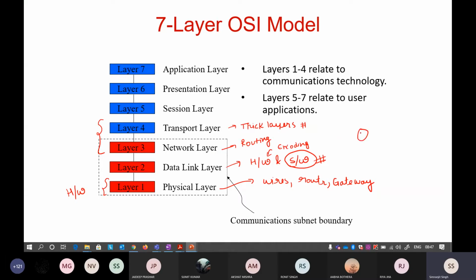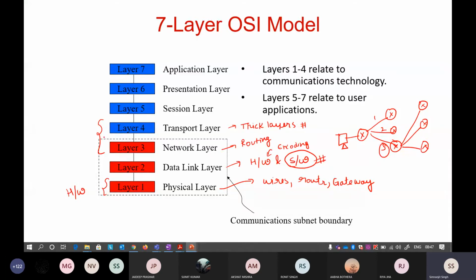Suppose you are standing here, so your computer is connected to this router, and in the path there are many routers. When you are standing at this router, there are one, two, three paths to follow. Which path is the best one for the packet to reach very quickly? You have to verify that, and then send it along this particular path, and then again select from the next paths which is the best one to follow. That particular thing is decided in the network layer.